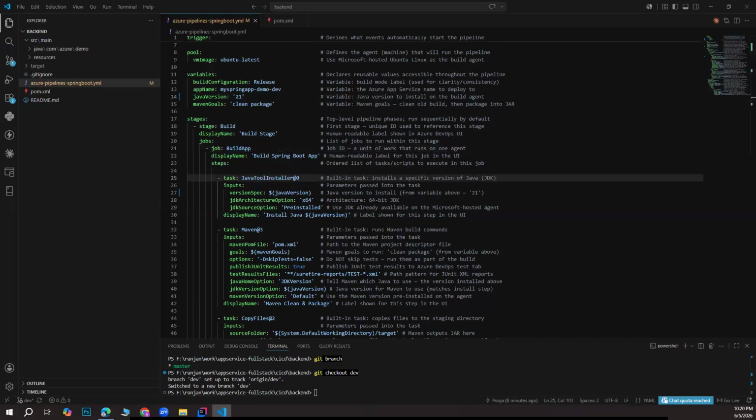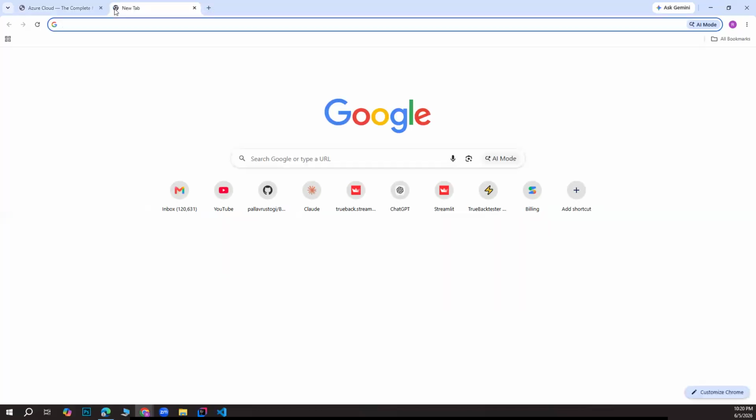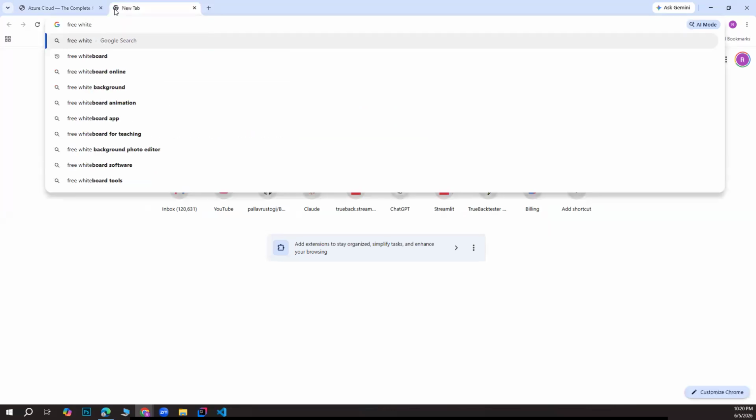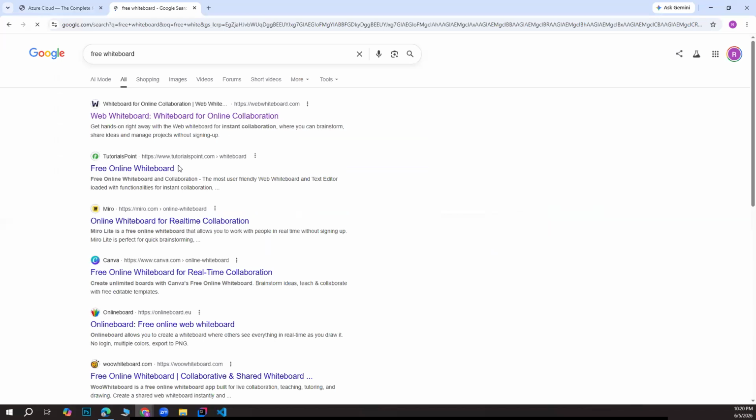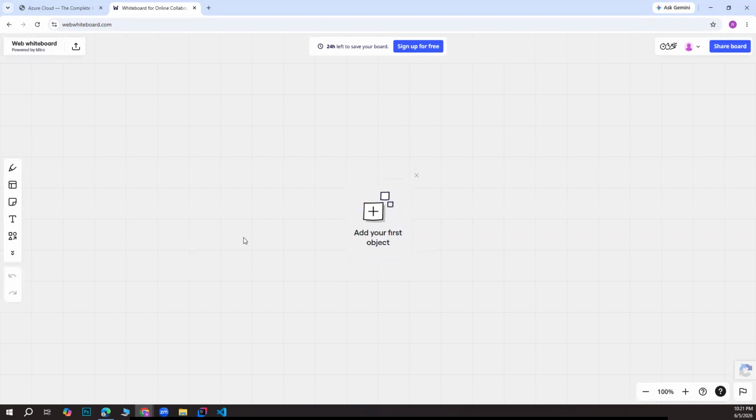So how it works is, let's go to the whiteboard. To run anything, you need some compute capacity. And when a pipeline runs, it is like in my local, if I do maven clean install or npm run build, it is using my laptop's memory, RAM and CPU. Only then it is able to build that artifact. Same way,